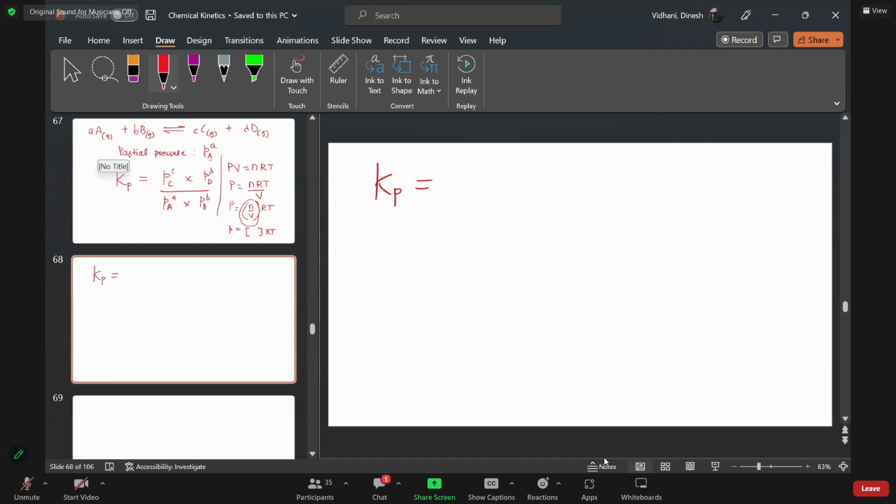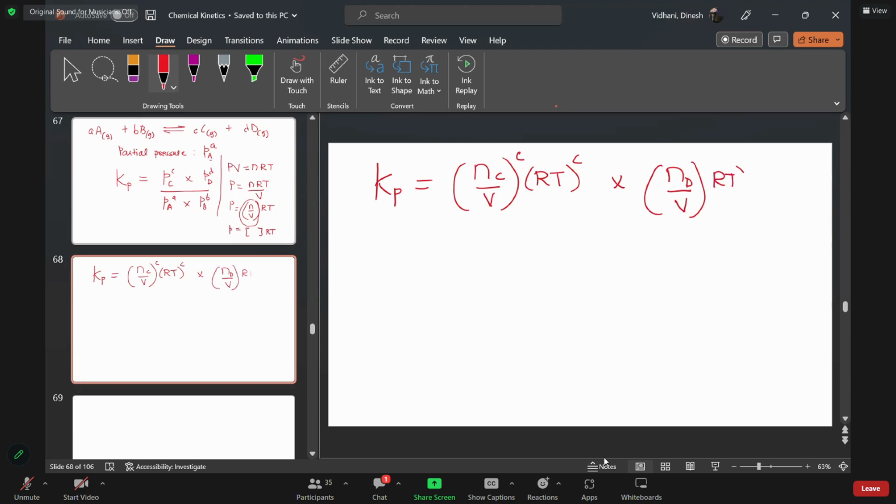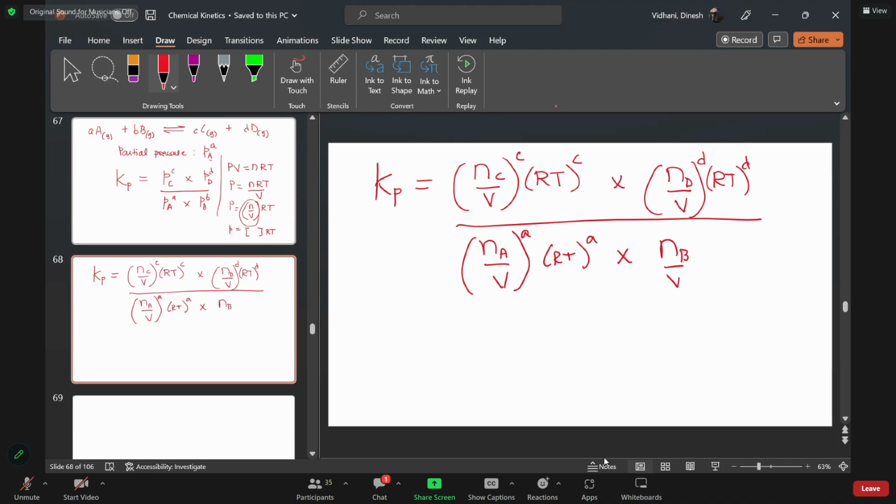So now I'm going to write my partial pressure of C in terms of the ideal gas equation. So I can say the number of moles of C divided by volume, and if I raise it to the power of C, because that was the partial pressure, but now RT is a constant, that's not changing, so that's also raised to the power of C, multiplied by my next reactant, D. So the number of moles of D divided by volume, multiplied by RT, and this also has to go to the power of D. And I can divide it by NA over V, which is the volume, and then RT raised to A, multiplied by NB over V,